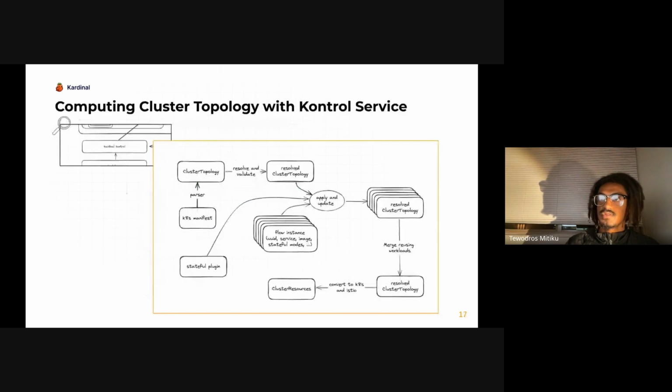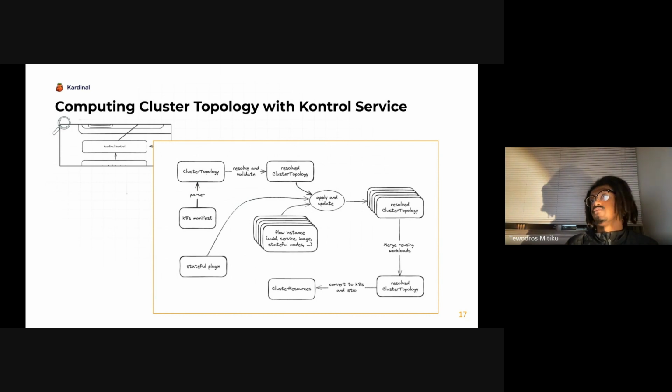So first things first, let's talk about how we are actually doing some of this. How are we actually implementing all of those flows using the cluster topology and the control service? So to start at the very beginning, when you deploy an application using the Kardinal CLI, you'll pass in a Kubernetes manifest to us.